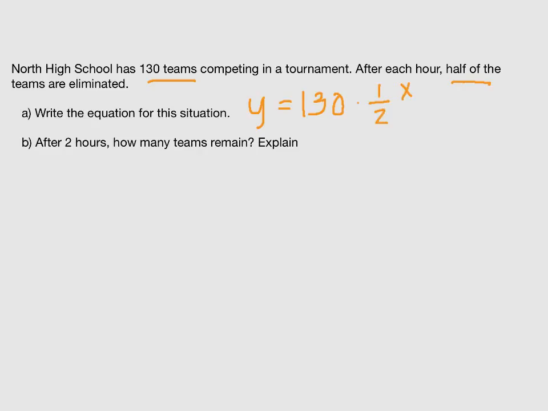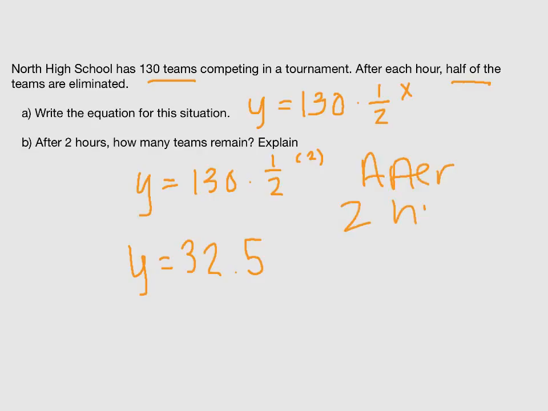Now it wants to know after 2 hours how many teams will remain. So I have y equals 130 times 1/2, and instead of an x, I'm putting a parentheses 2. I figure out that I will have 32.5 teams. A few ways you can go about this is saying that after